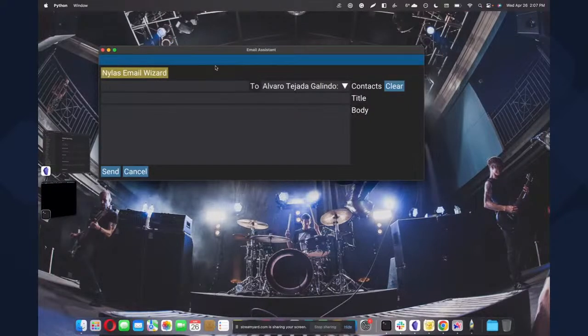That is awesome. So just to walk that back, you just pressed on the Nylas Email Wizard and you just answered a few questions. Exactly. And using ChatGPT, you were able to draft an email and send it. Exactly. With no hands, just voice. Awesome. Yeah, so let's jump into the source code, which I guess is the most